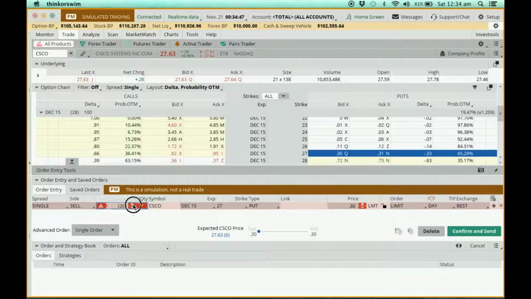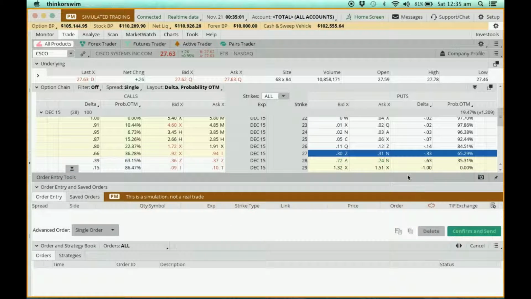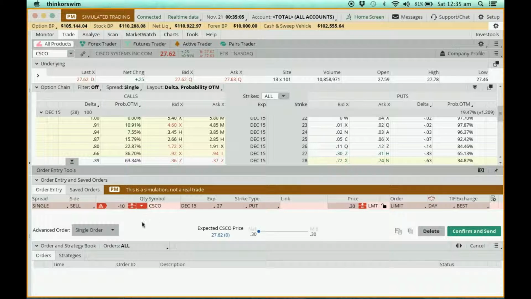Now I do not really like this setting. Why is it so? Because personally I have made a mistake. Last time when I was doing this, I tended to be a bit blur. So let's say I do a quick selling, and immediately I press confirm and send. By default, I'm actually selling 10 options contracts. I do not want that to happen. So what I'm going to do is